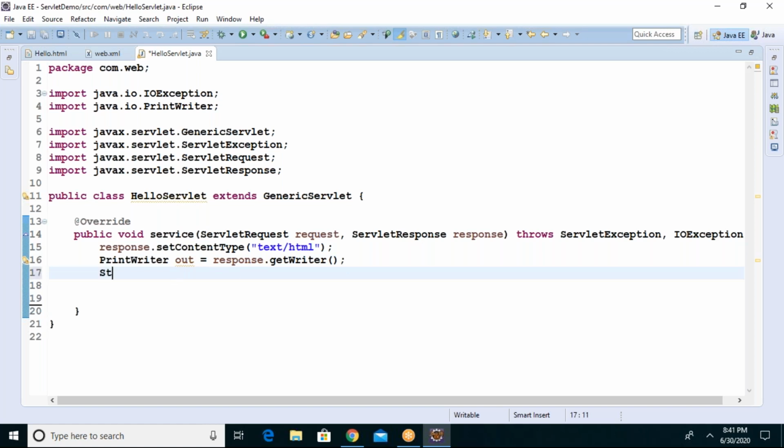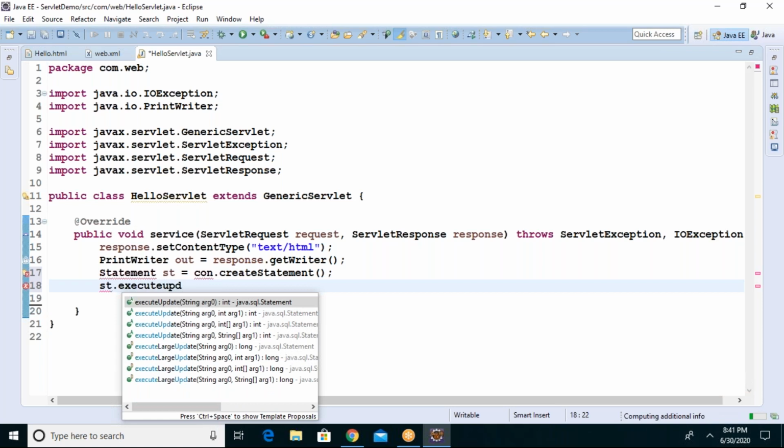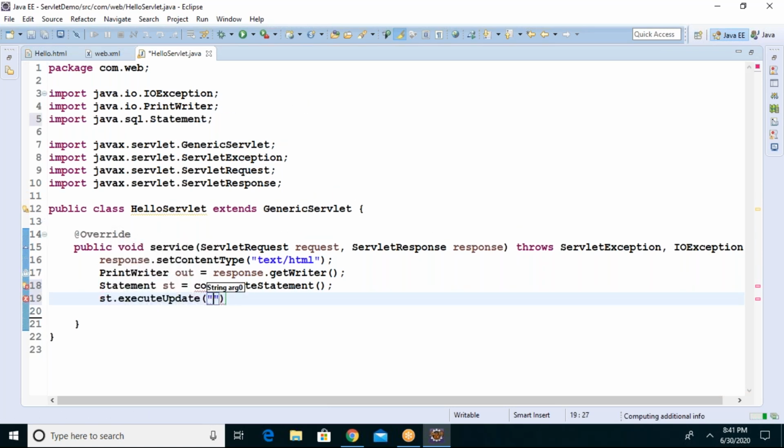So now, guys, if you look at the JDBC code, Statement st = con.createStatement. Do you remember this code? What do you mean by this? After the statement, if you say st.executeUpdate or executeQuery, a database query, select, insert, update, whatever query you write inside this, it will go through the connection.